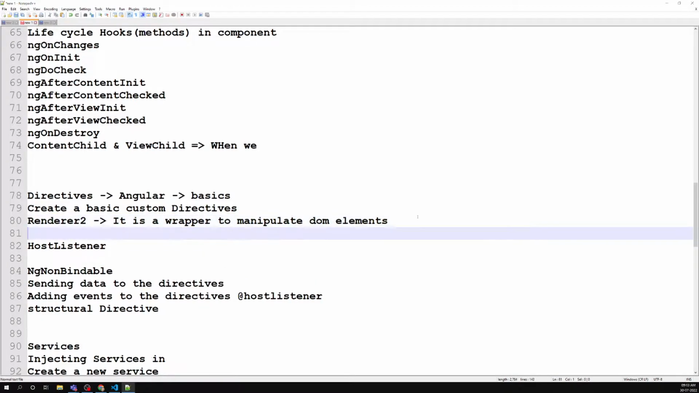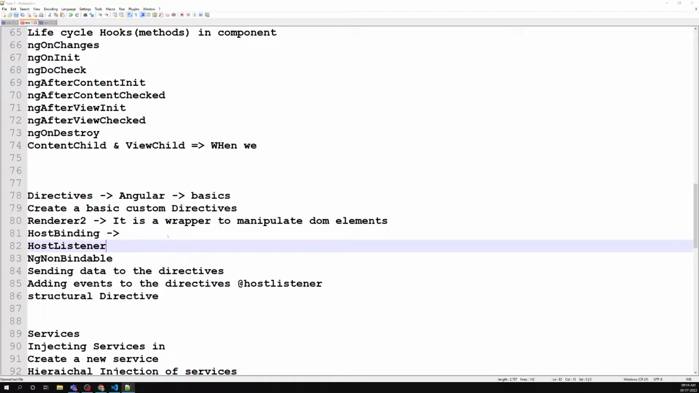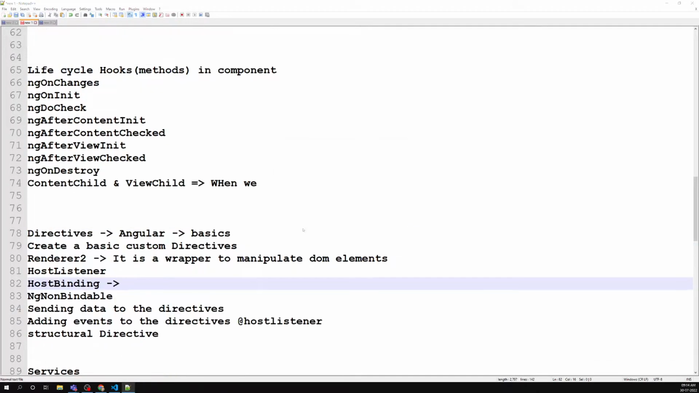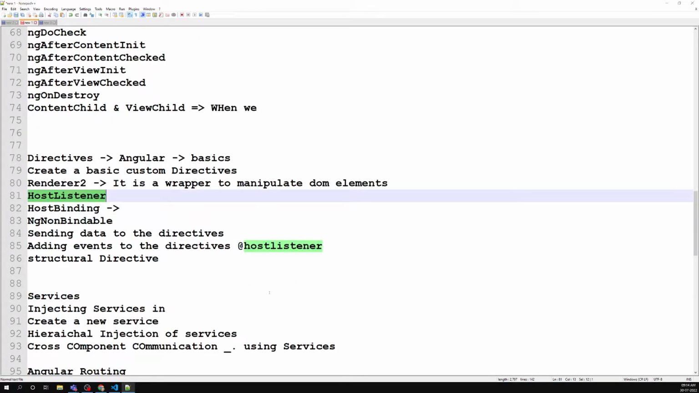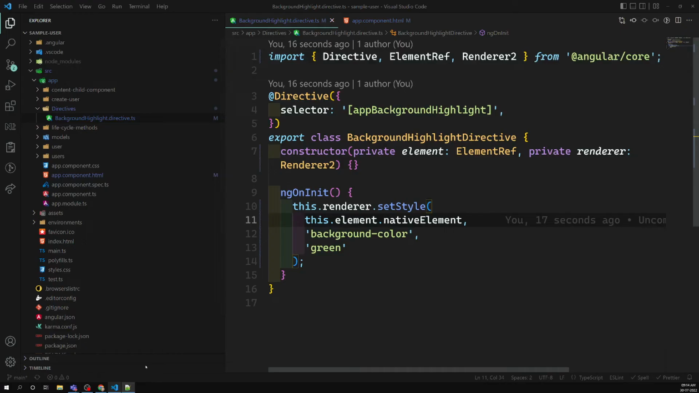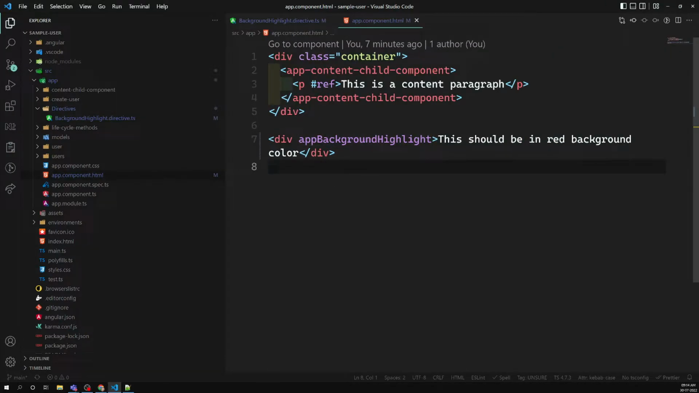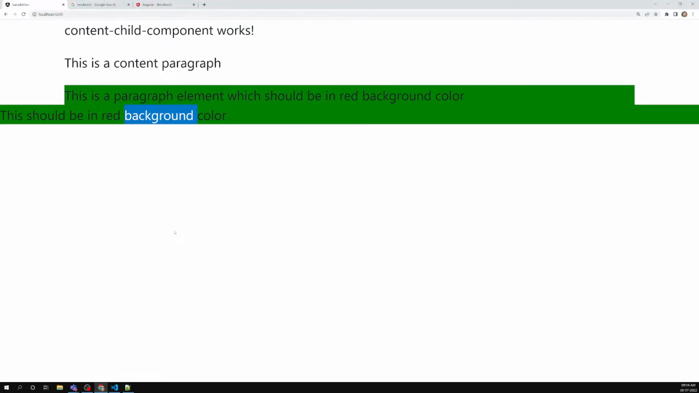Next, first we'll learn about HostListener. In Angular, we have another concept called HostBinding, but first we'll learn about HostListener, which is very easy compared to HostBinding. So HostListener means, for example, now this one is in the green color, right? Now I am able to see that this one is in the green color. Now what I want to do is here,